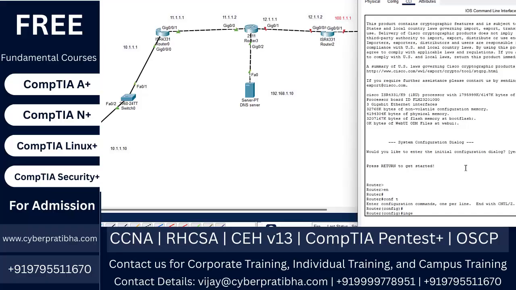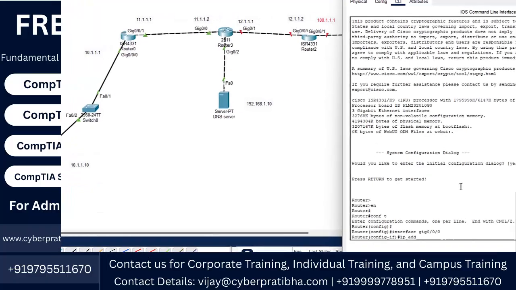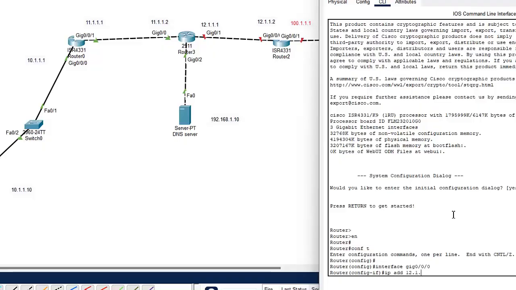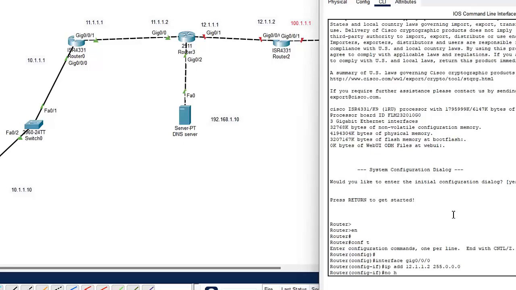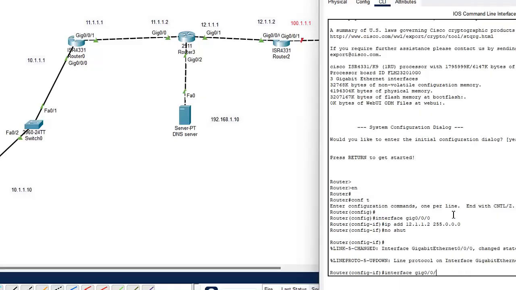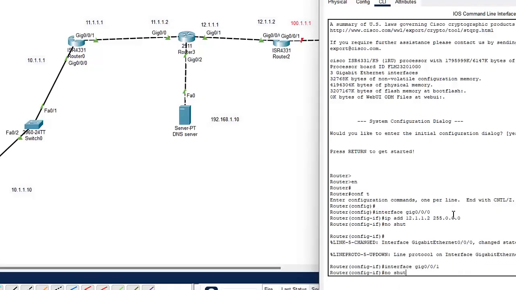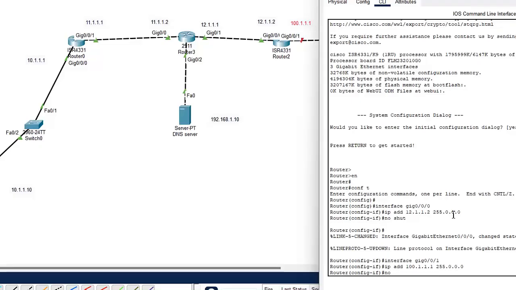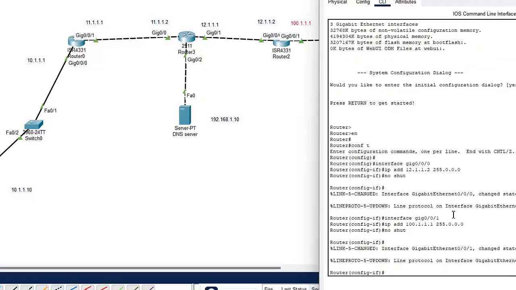Select the interface Gig 0/0/0 and the IP address will be 12.1.1.2 and subnet mask 255.0.0.0. No shutdown. The other interface I need to select, and here I need to give the IP address 100.1.1.1 and subnet mask 255.0.0.0. No shutdown. Okay, everything has been done, but